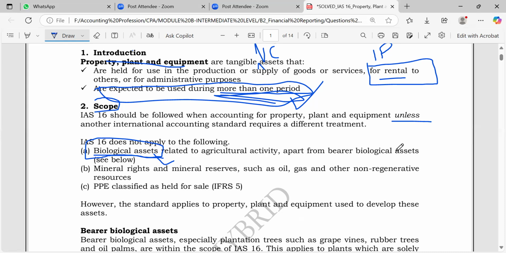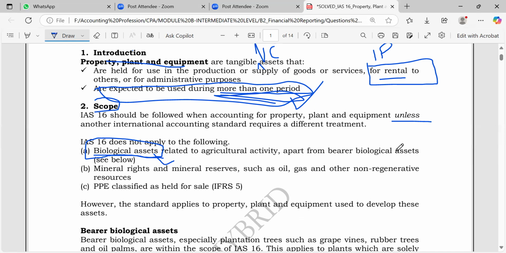Let's say you have a tree and it grows, like a rubber tree. You could say, okay, I could use IAS 16 to deal with it, because when growing it you will be incurring and accumulating cost, and when it's time, you know how to start treating it. But no worries about this because we are not going to focus on it, because you will go and study IAS